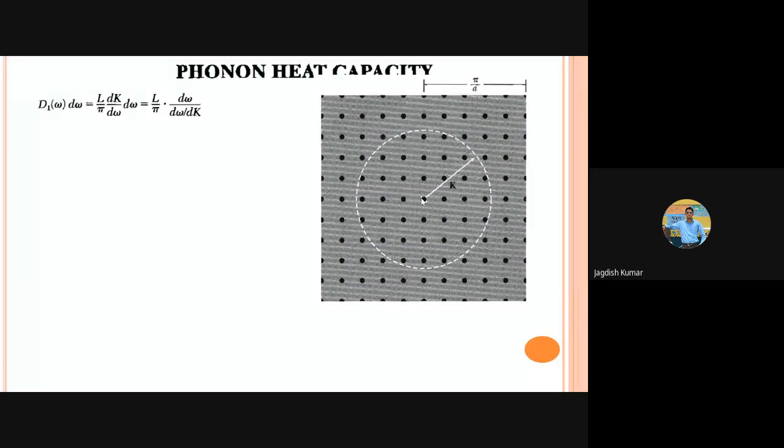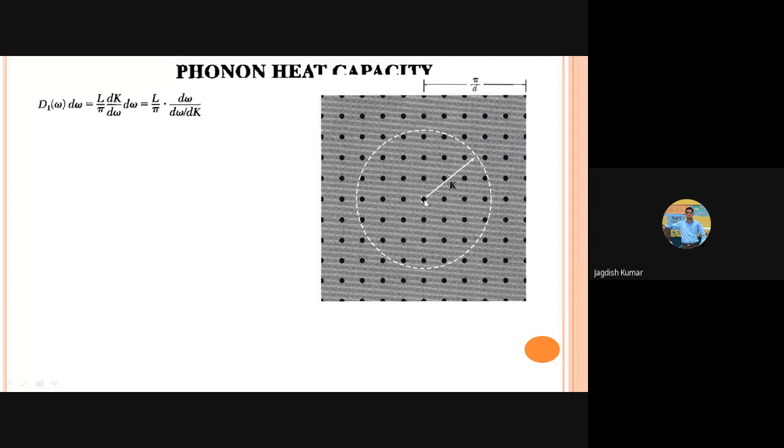Square lattice. This is not the 2D square lattice, but this is the reciprocal lattice for a 2D square lattice, which will also be a square lattice, of course. But the important thing is that this is representing K space. Okay, this is reciprocal space. Suppose this is the Brillouin zone for a 2D square lattice. So if a is the lattice constant for a 2D square lattice, then what will be the size of the Brillouin zone? This will be 2 pi by a along the x direction and 2 pi by a along the y direction.